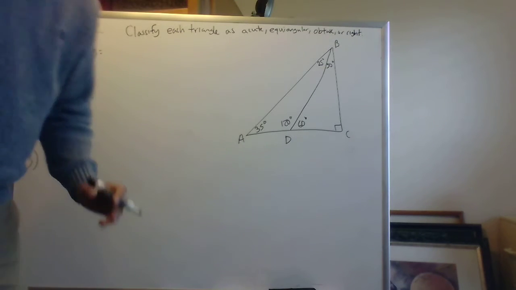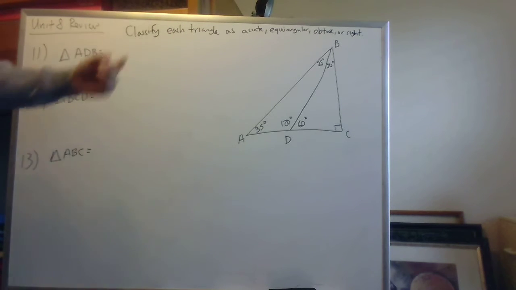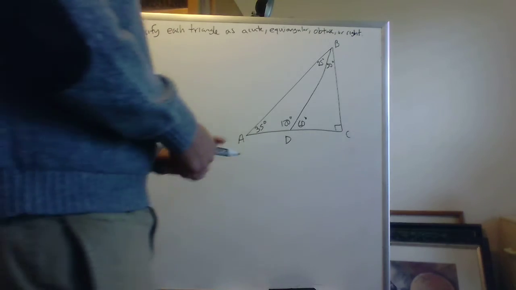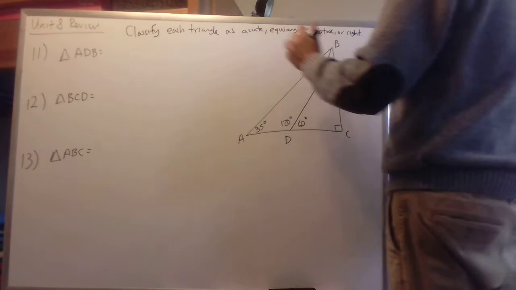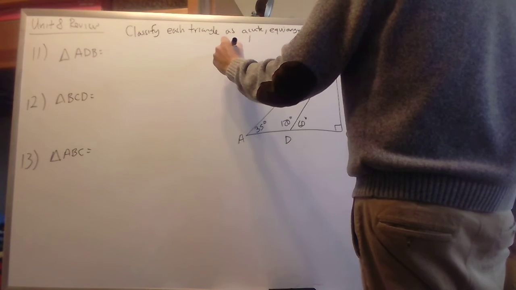So we're looking at problems 11, 12, and 13. It wants us to classify each triangle as acute, equiangular, obtuse, or right. Essentially, these are four different types of triangles. An acute triangle is one where all the angles in the triangle are less